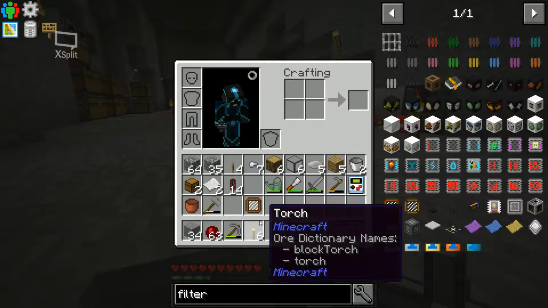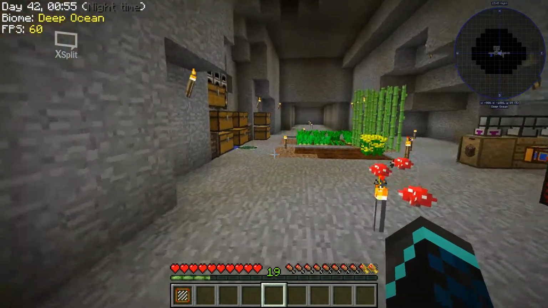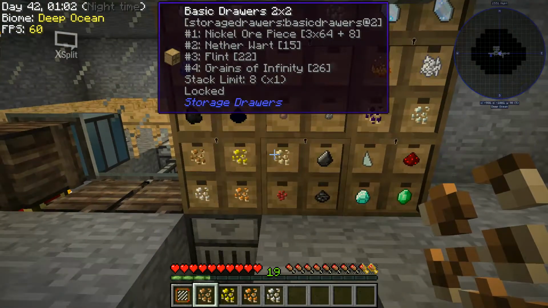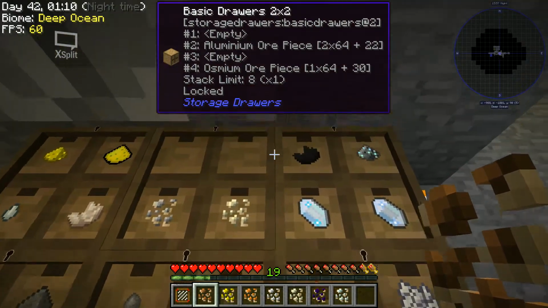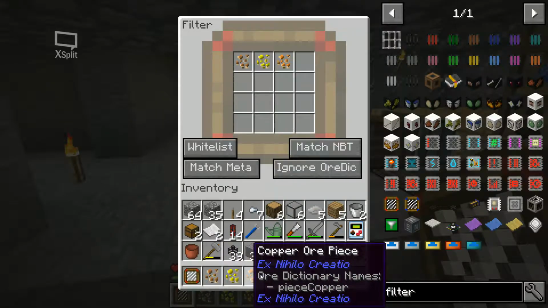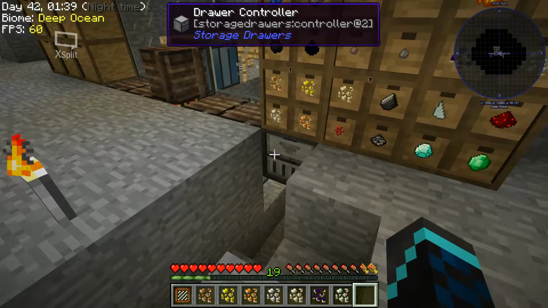And what I want to do now is get a filter, and I want to have you, you, you, you, you, you, you. Okay, so those are all the ores on the bottom. So what I want to do is shift, and then you can just shift these in. Cool. Whitelist. Ignore NBT. We want to use meta. We want to match or a dictionary just in case. Cool. Then what we can do is do this, put everything back,